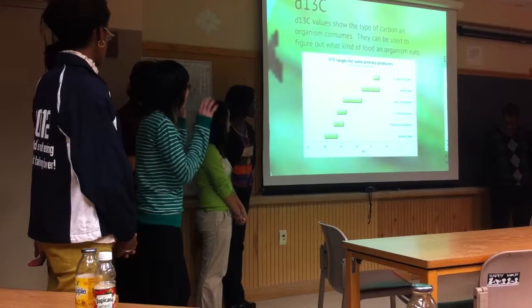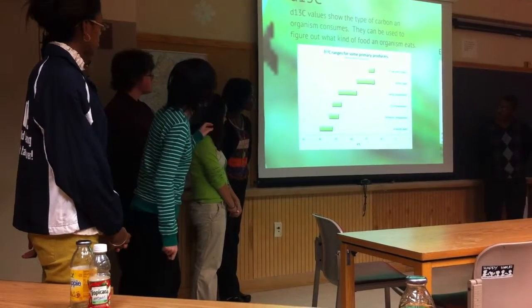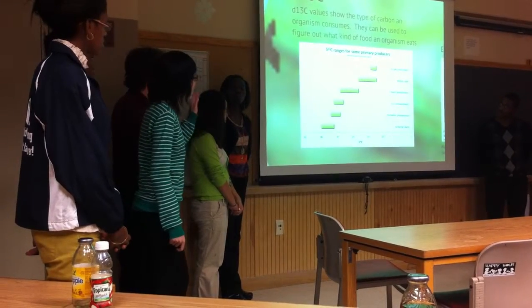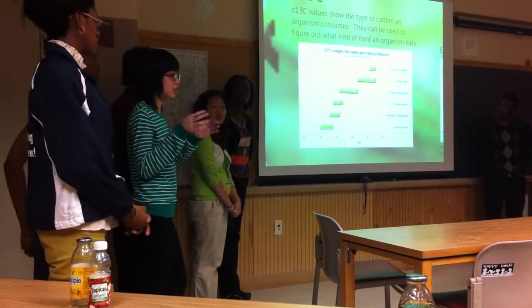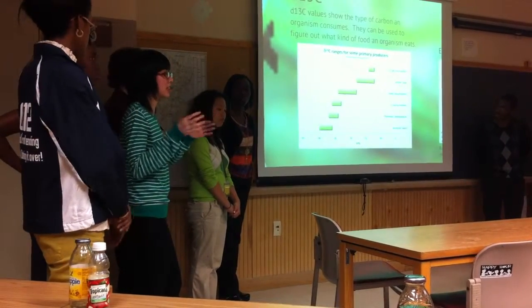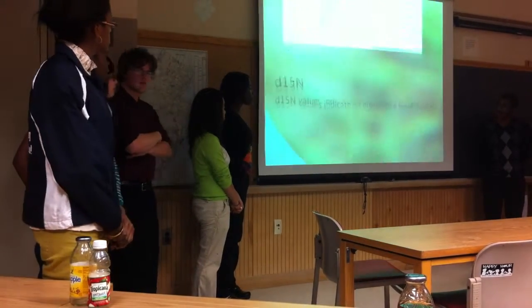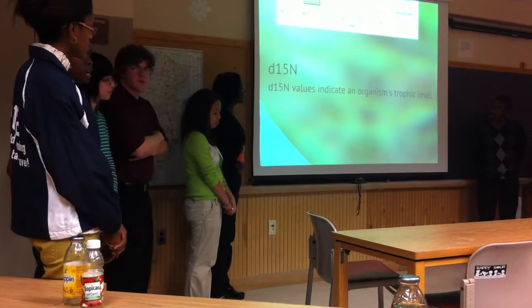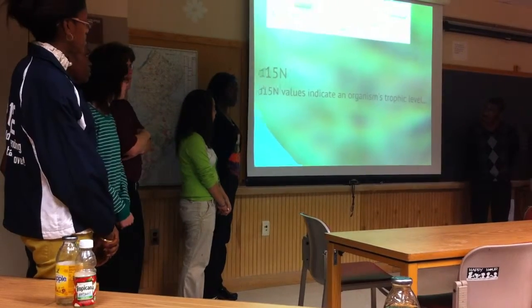And in contrast to pelagic, the benthic algae, which is in the range of -14 and -17, are very benthic because they feed at the shore of the lake. In other words, they feed where the water is very shallow. And delta N15 is basically the organism's trophic level, meaning the higher the nitrogen ratio is, the higher they are on the food chain.